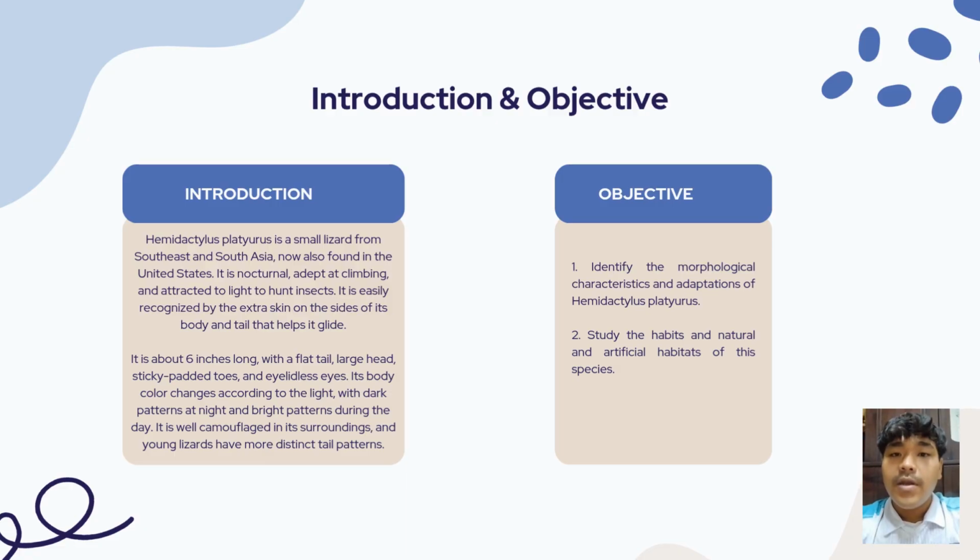Introduction. Hemidactylus platypus is a small lizard from Southeast and South Asia, now also found in the United States. It is nocturnal, adept at climbing, and attracted to hunt insects. It is easily recognized by the extra skin on the sides of its body and tail that help it glide. It is about 6 inches long with a flat tail, large head, sticky padded toes, and